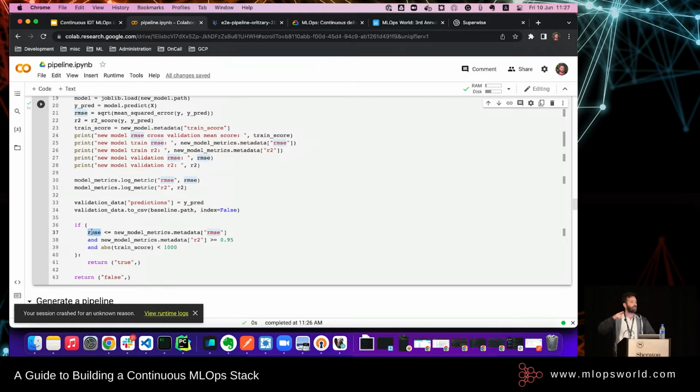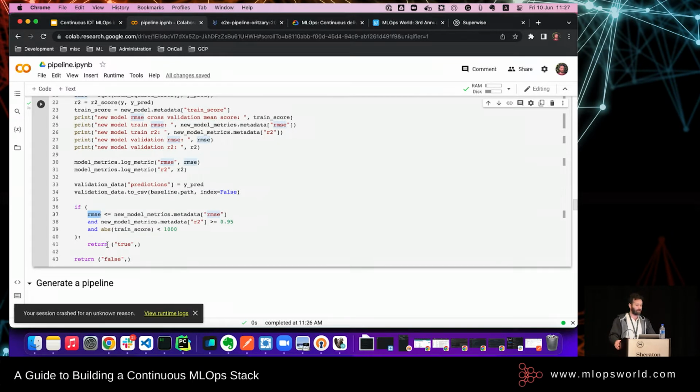So I want to make sure that from the training stage, when I used only the training data set, now that I'm running it on the validation data set, the more data it gets, there is an improvement in performance. Again, an oversimplification. And sadly, there is no Boolean value to return from Kubeflow pipeline components, so I'm going to write a tuple with true or false strings in it.